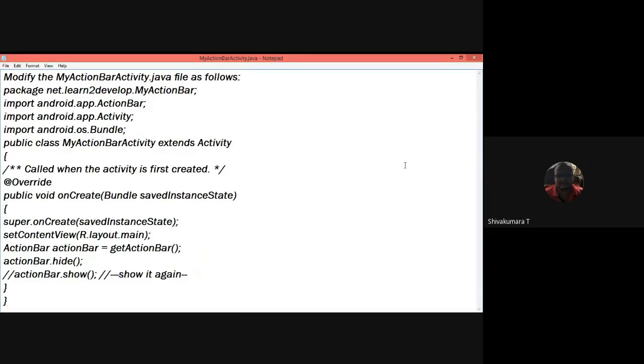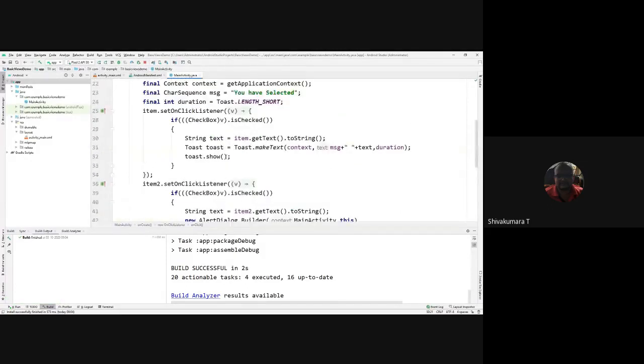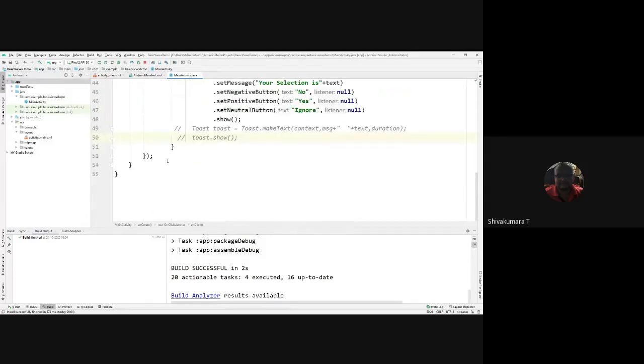So let us do a demo of it, then you will be able to understand. Let's go to activity main activity.java. Are you able to see the code window? Yes, fine.